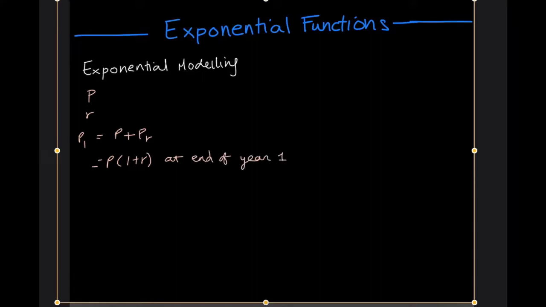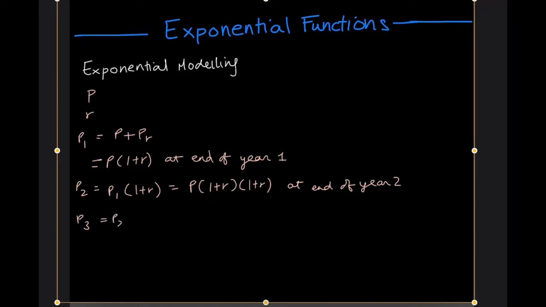Right? So at the end of year 2, P2, we would have P1 times 1 plus R, and P1 was P times 1 plus R, so that would be P times 1 plus R times 1 plus R, at the end of year 2. P3 would basically be P2 times 1 plus R, which would be P times 1 plus R, 1 plus R, 1 plus R,